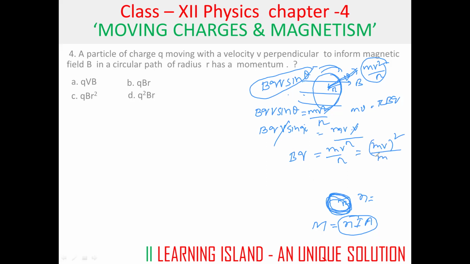Okay, we are finding out the momentum. So that would be BQ, what is coming, mv square by r. BQ equal to mv square by r. From here it is coming like this, it will be m square v square into r. So from here we can get r equal to